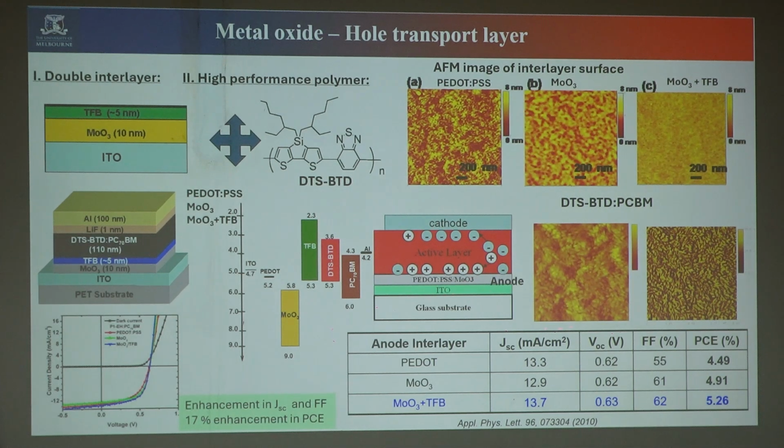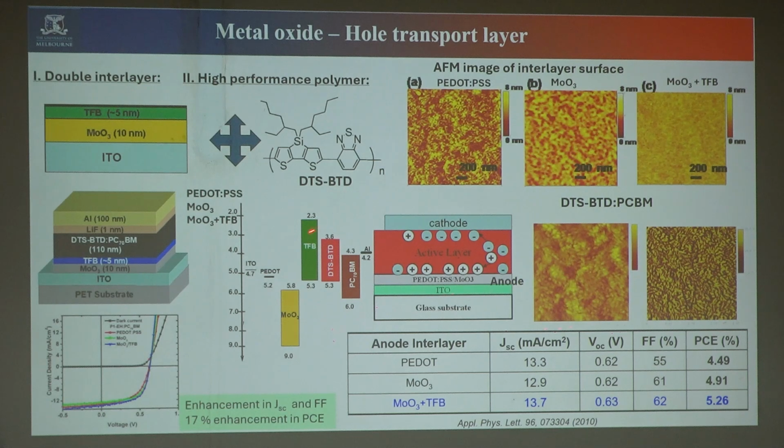This is a natural process, but some of the electrons, instead of going to the cathode, come to the anode as well. And some of the holes, instead of coming to the anode, can go to the cathode as well, like this. So here the holes should be blocked, and here the electrons should be blocked. That's why we need to introduce the blocking layer. To introduce a blocking layer, what we try is another